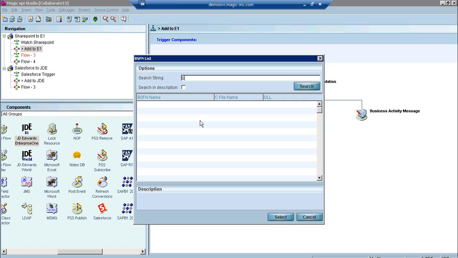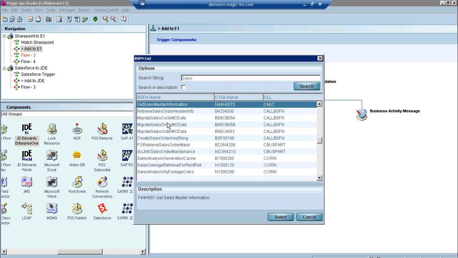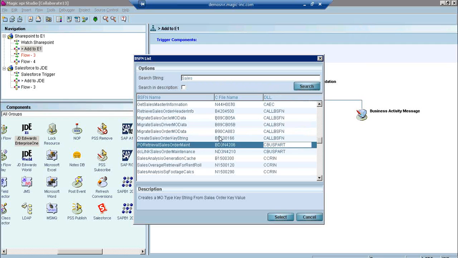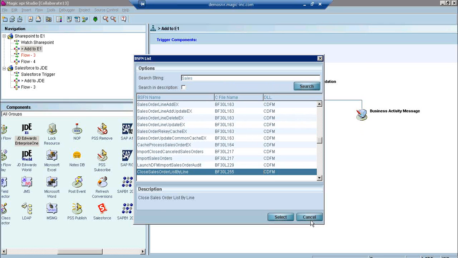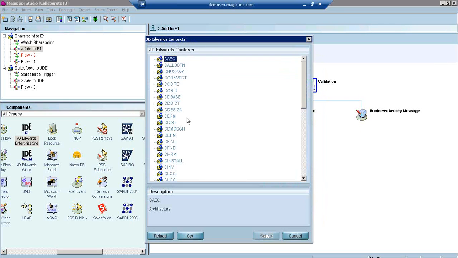So if I want to work with sales orders, I can either do... hang on, my screen sharing got paused too. I don't know how I did that. Yeah, there it is anyway. So if I want to look for sales orders, I can look for anything related with that word, or I can even go back and browse the whole server and find the module I want, which is pretty cool.